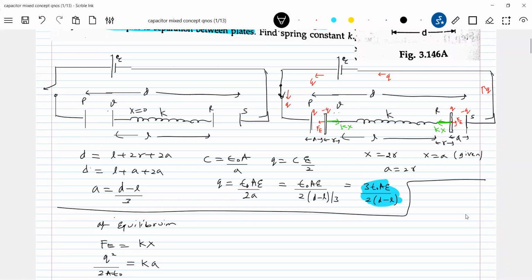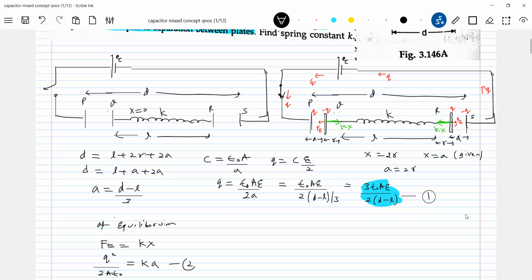We have to substitute the value of Q here in this equation. So call this equation one. Solving this, I'll write it down later on, you check the calculation. Let me go for the next problem. Epsilon naught A E square by